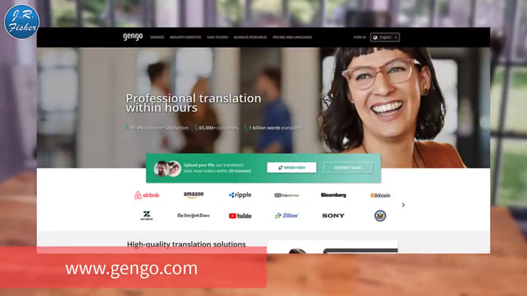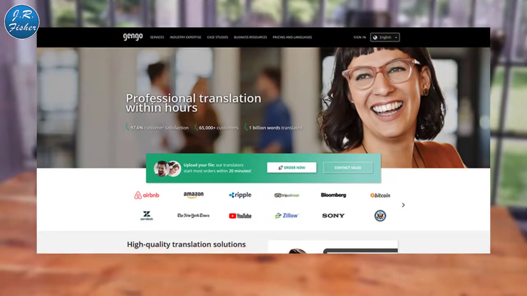Okay, so check out the first site here. This is Gengo. Now Gengo is probably one of the most popular agency sites. They've kind of set the tone and feel for all these other sites. This agency provides educational resources for translators, detailed style guides for some languages, and also it's an online practical forum where you can do translations.